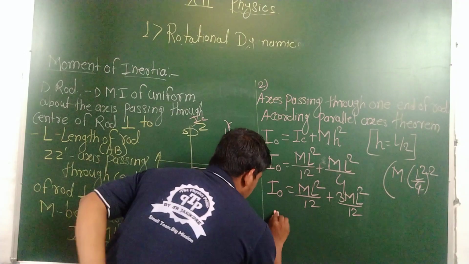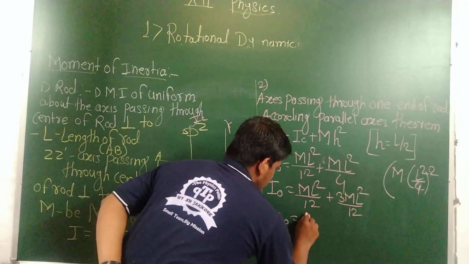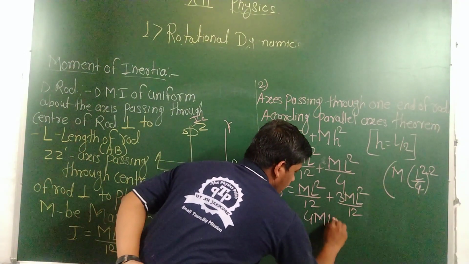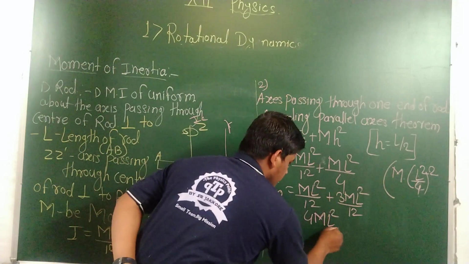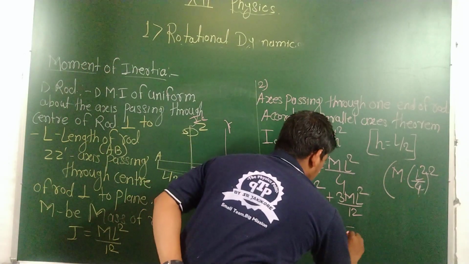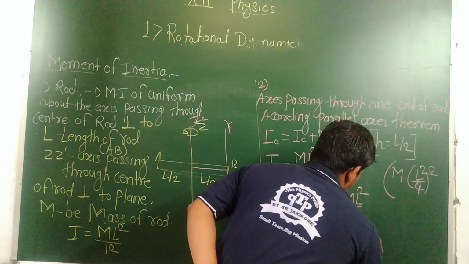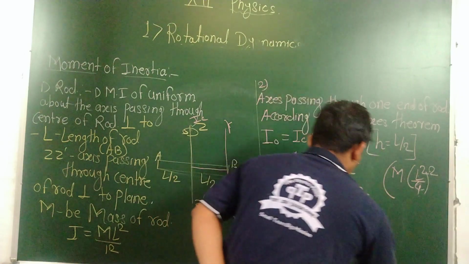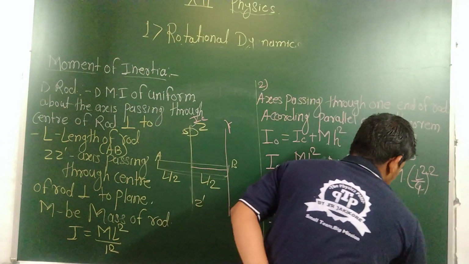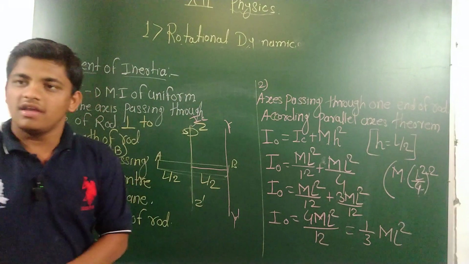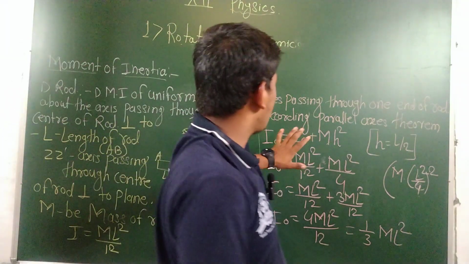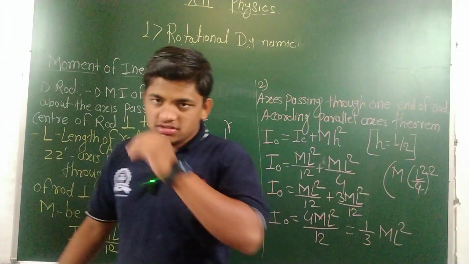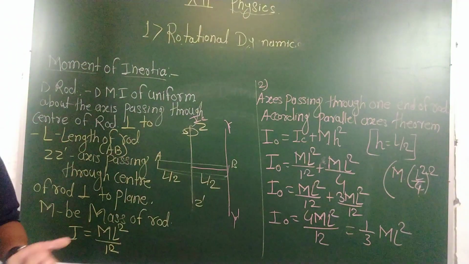These are equal, the denominators will be equal. Then it is 4 ml square upon 12, that is 1 by 3 ml square, or ml square by 3,